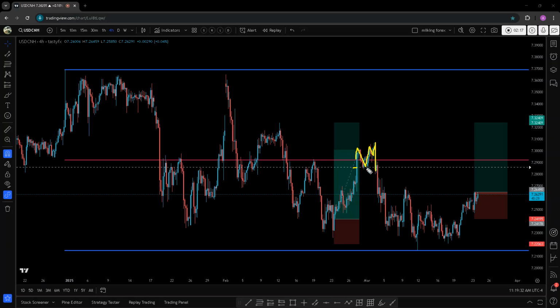Price went down around this neckline, pushed back down, continuously pushed back down, and eventually took the liquidity around this zone, as well as around this zone. And we can see that this is a liquidity sweep that happened. And after this liquidity sweep,